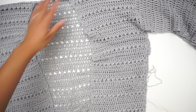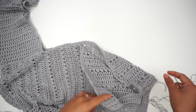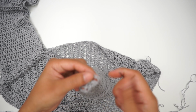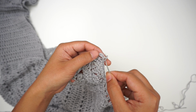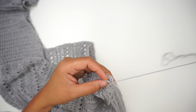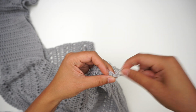Alright, I'm gonna start sewing this side here. I'm gonna turn this way, and then I'm gonna insert into the first stitch here right at the bottom. Okay, this is the front panel, and then insert into the back panel there right into the first stitch on the corner. Bring it out,